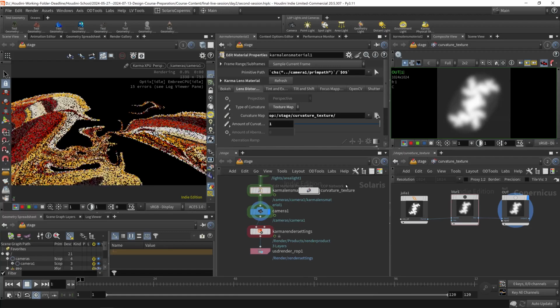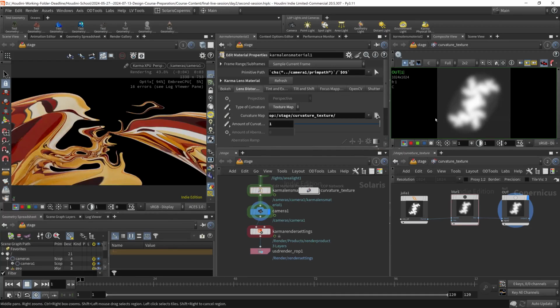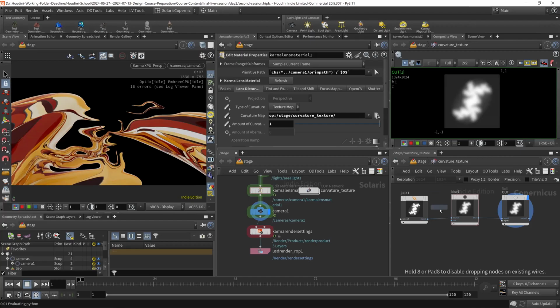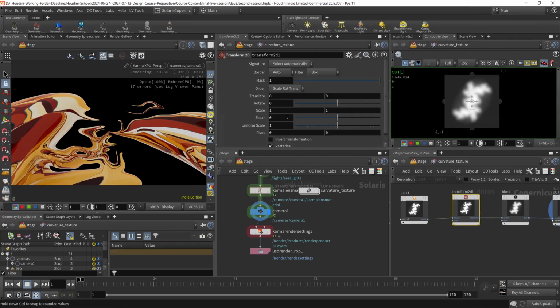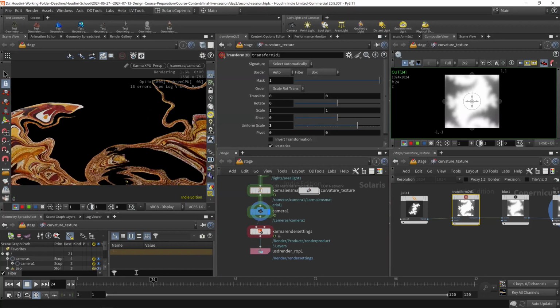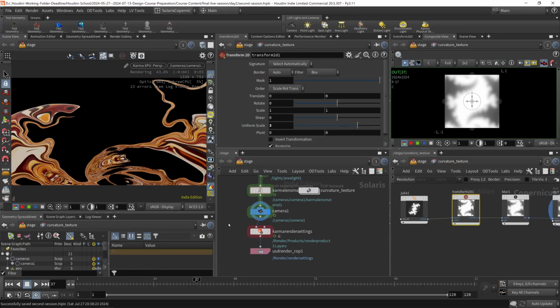But we want to have a more immersive distortion. So we want to fill up the whole frame with the Julia fractal. We can do this with a simple transform 2D, scaling it up. Here, scaling it up with a uniform scale in the transform 2D, let's say by 3. And now it's really big. Let's say it's 6. That's the reason I wanted to have 3. And if we change the frame, it also updates. So there are multiple ways to update this Copernicus net